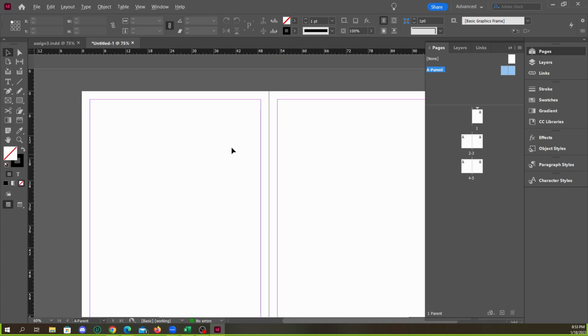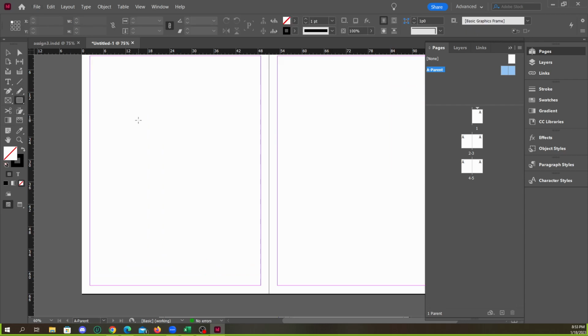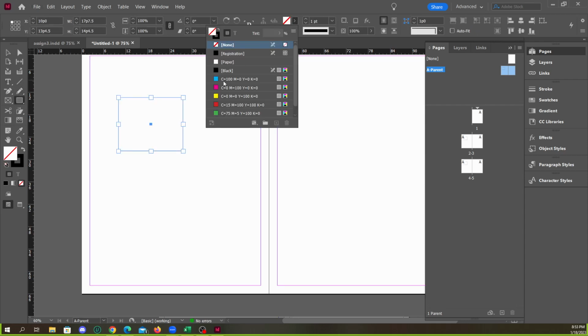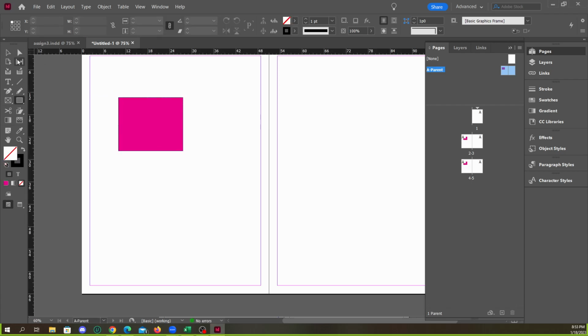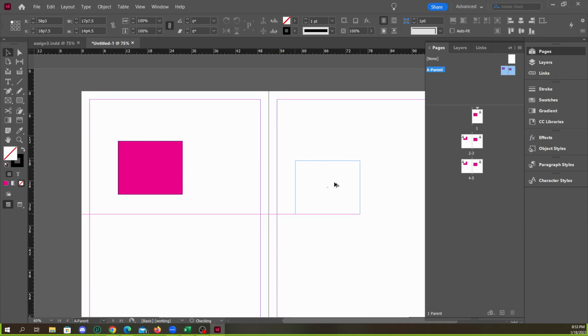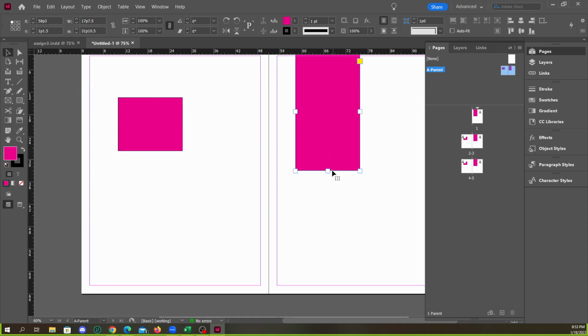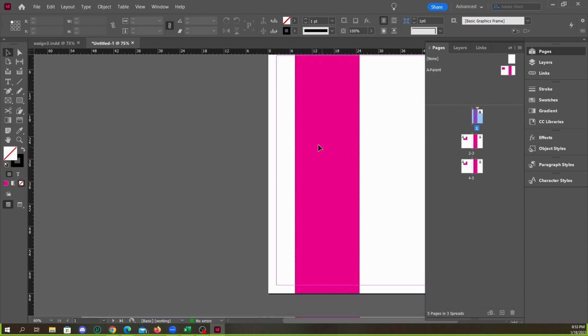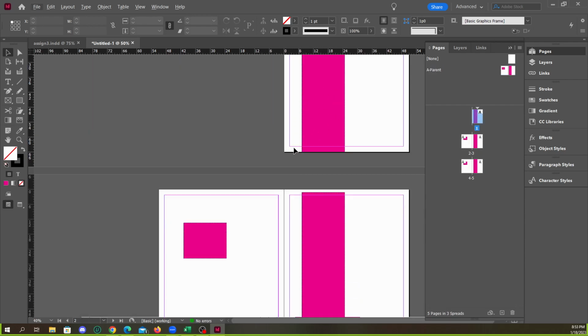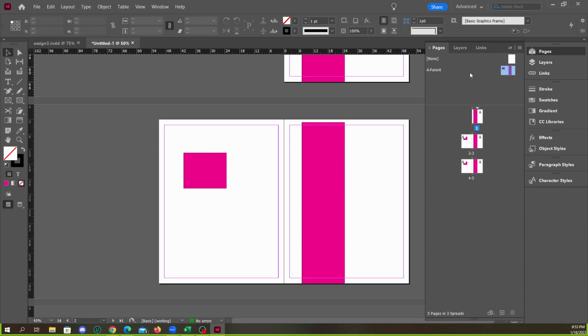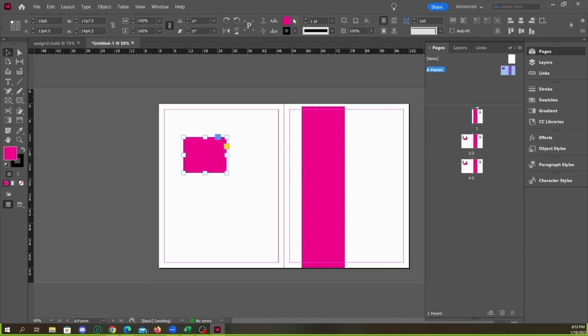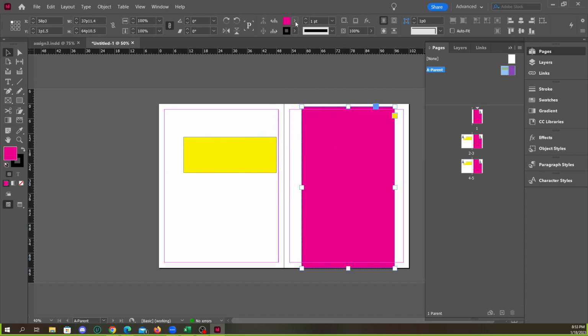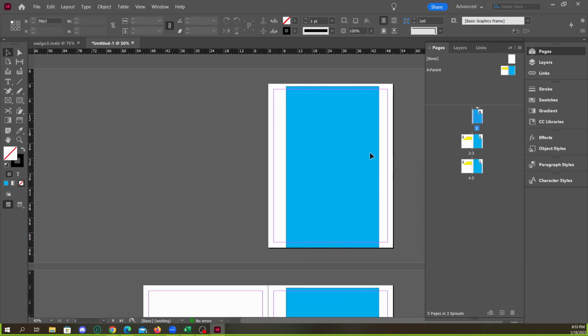So on the A parent, if I put anything, just like a box here, fill it with pink, and then put another one over here, like this, and we go to our regular pages, you'll see that on our right side pages we have that, on the left side pages we have that. So it applies to whatever page you add it to, and you could change it. Say it goes like that now, and then this one, make it bigger and blue. Look at the regular pages,